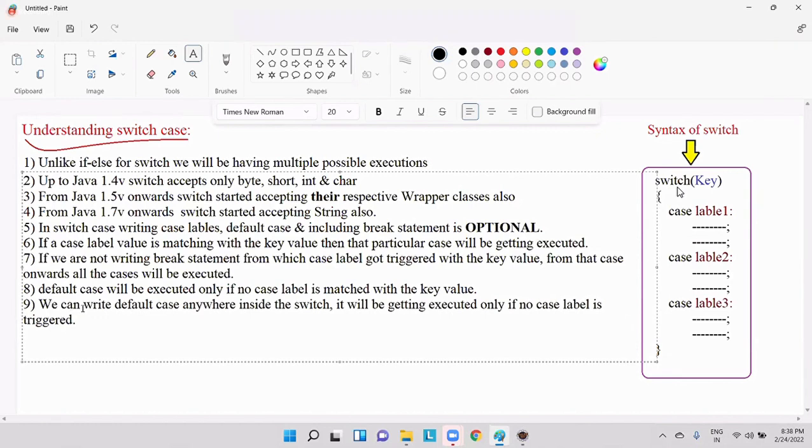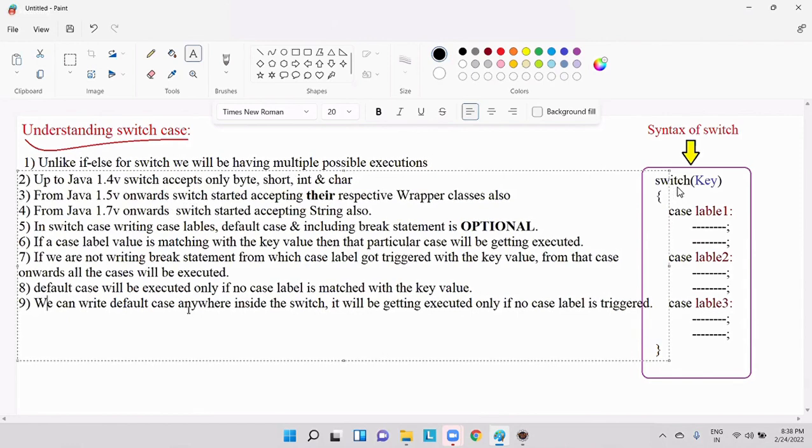We can write default case anywhere inside the switch. It will be getting executed only if no case label is triggered. Guys, up to now, everyone is clear about these points? Is it clear, guys? Right. Okay. Now,